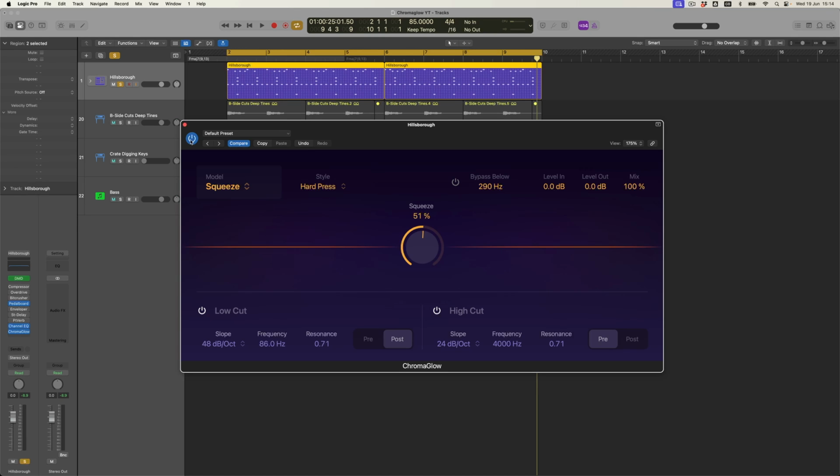Okay, what I'm going to do is to bypass the signal altogether, and now we're back to our clean, dry drums. They sound like this. And with ChromaGlow,